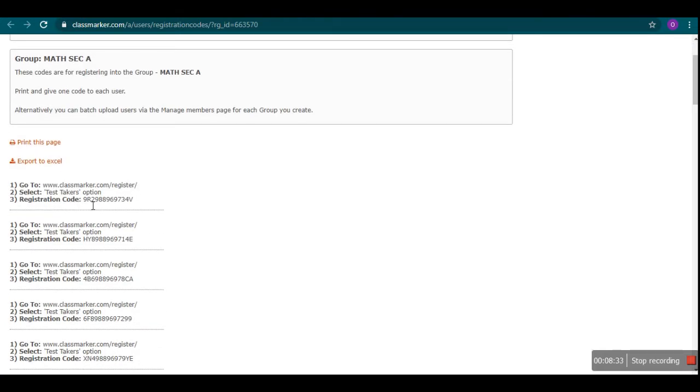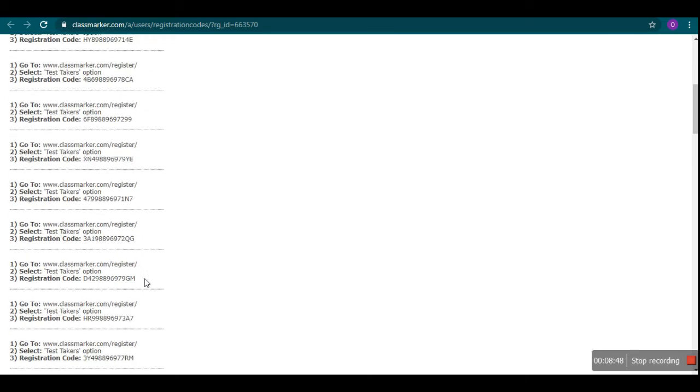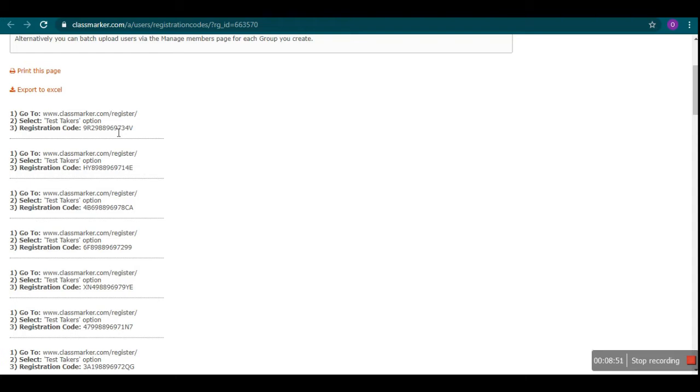So code number, you can create one Excel sheet and keep roll numbers: roll number 1 must use this registration code, roll number 2 must use this registration code, roll number 3 must use this registration code. Something like that you can convey to students. Now you may be thinking we have to copy and paste it separately. No, you can export it to Excel. You click on it, it will be a CSV file, which is an Excel file. From there you can easily copy and paste all the registration codes if you have the soft copy of your students' details like roll numbers and names. Then you can forward them to the students.